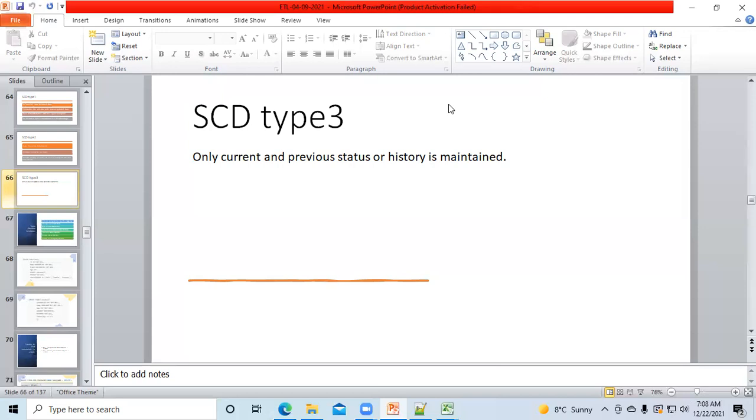So the sixth question: table Personal stores information about employee ID, name, address, and contact details. Is this personal table a dimension table or a fact table? Dimension table. Why? Because name, address, all this information is present in the dimension. Correct. They are all descriptive information, so these are stored